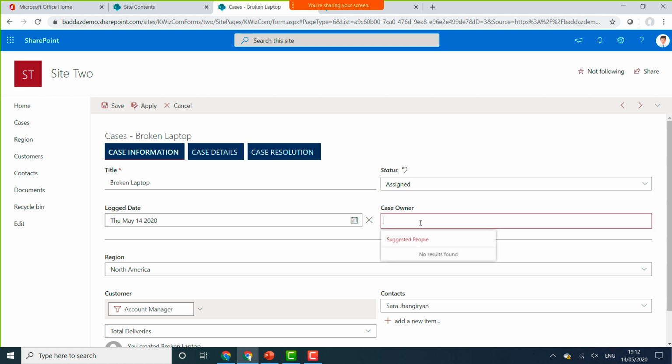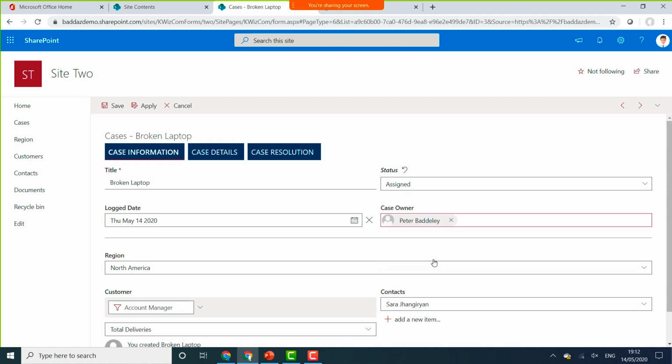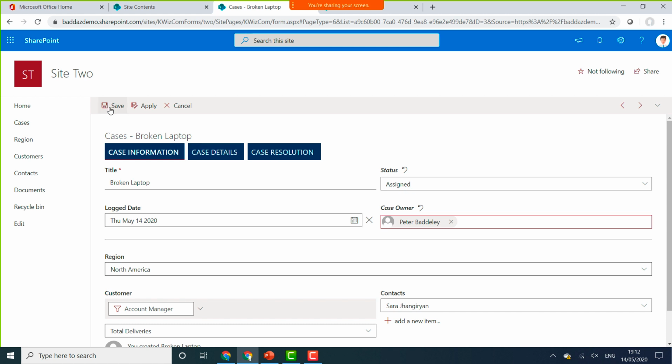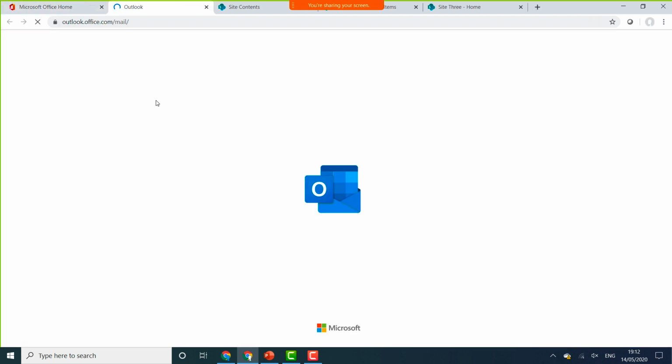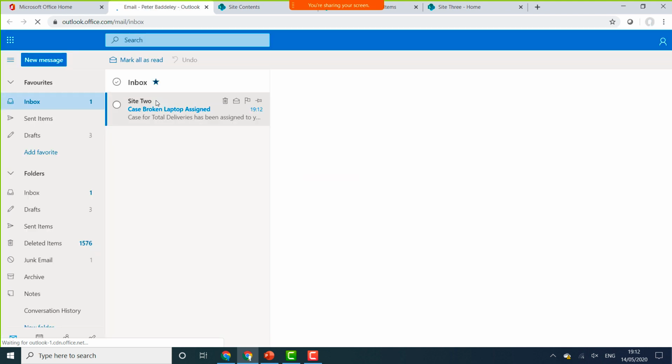It's also asking me at this point for a case owner. So let's assign it to Peter. And I'm going to hit save. Now, one of the other features of KWIZ Forms is that we can build out workflow activities as well. So I've built out one of these, and they're called actions. And it allows us to do various things such as send email notifications, create items, call out to web services as well. So in this case, I've just got a really simple email,